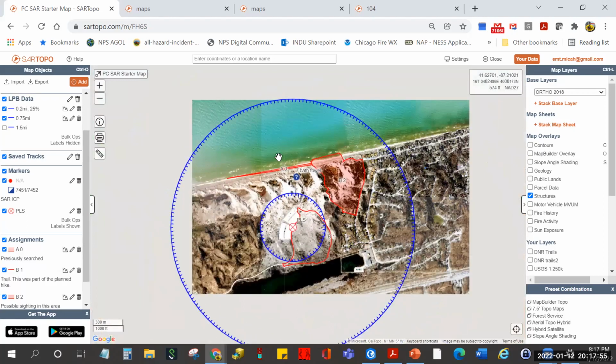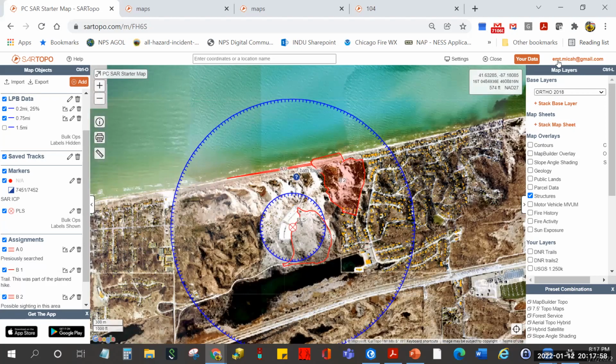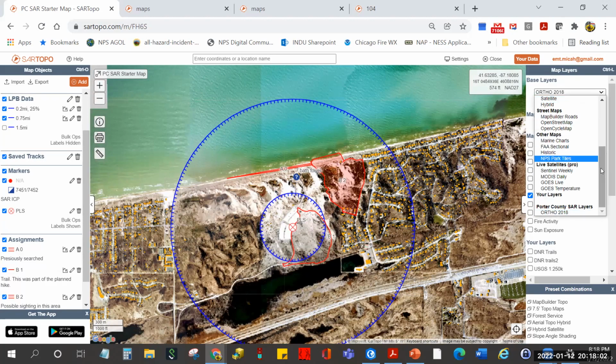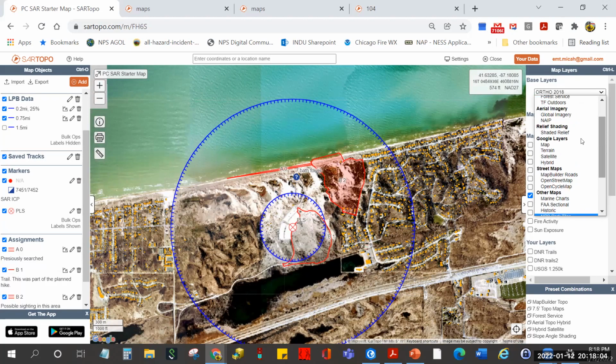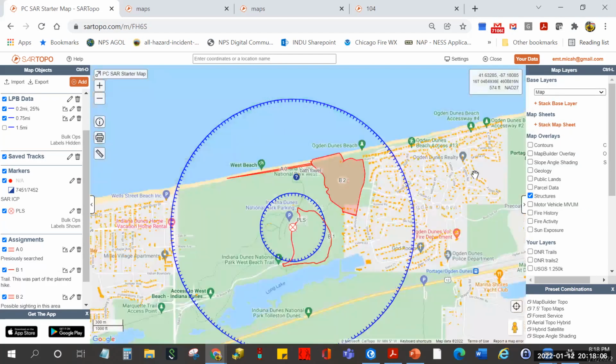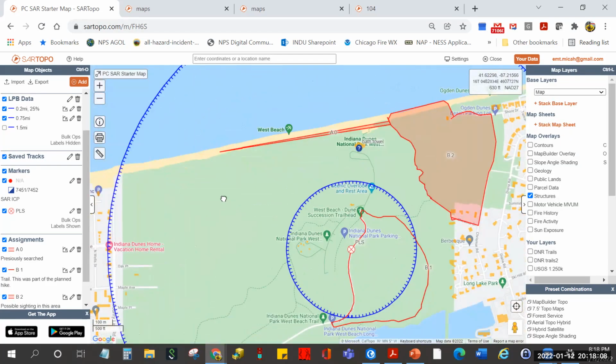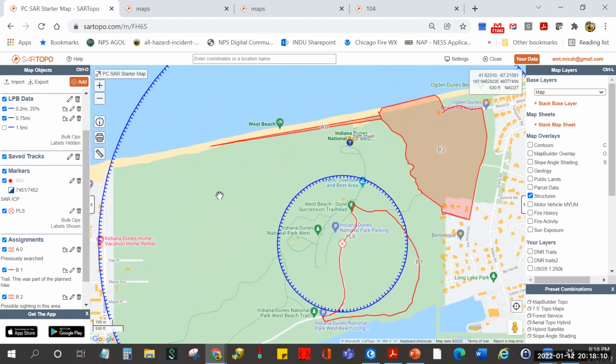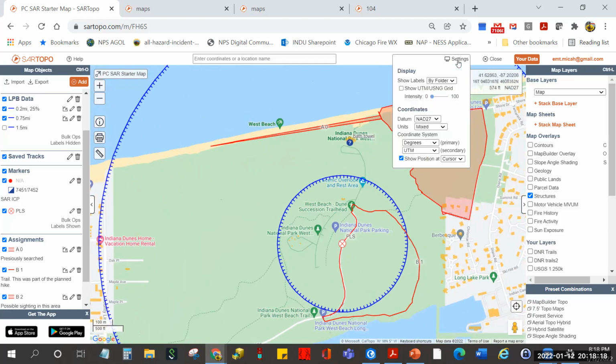Now, one of the things about SARTopo, and I'm going to switch back to a little bit cleaner map. I'm going to go back to the Google layers, Google map. One of the things that I can do is I can make it so that I can see things color coded. Go to settings. And I want to show,